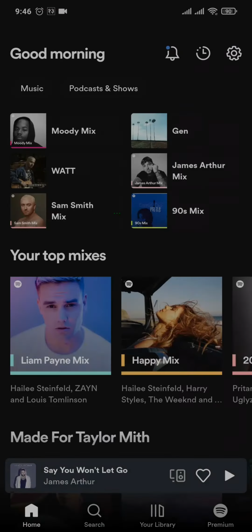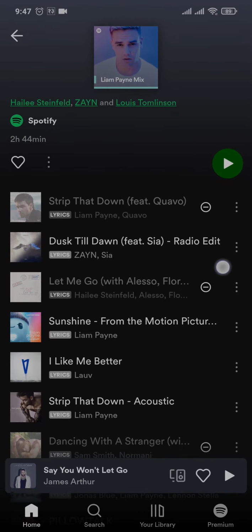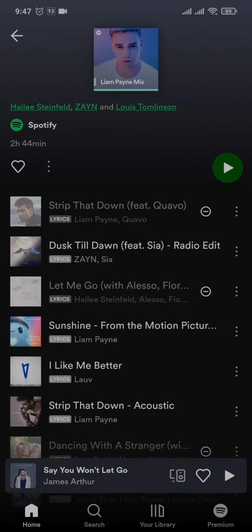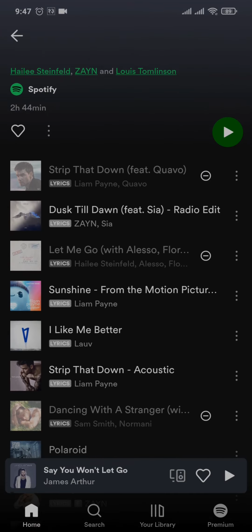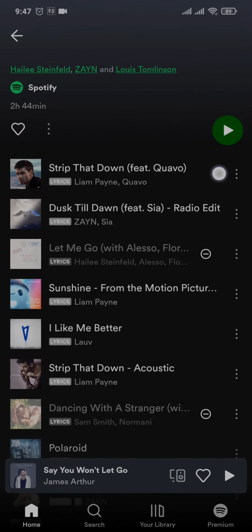So firstly, let's head over to Spotify and then open up the mix or your playlist where you have hidden those songs. Once you open up the mix, those songs which have been hidden will have this mark right here. So this icon indicates that those songs are hidden, and when this mix plays, those songs won't play. So to unhide them, you can just tap on this icon right here, and those songs will be removed from